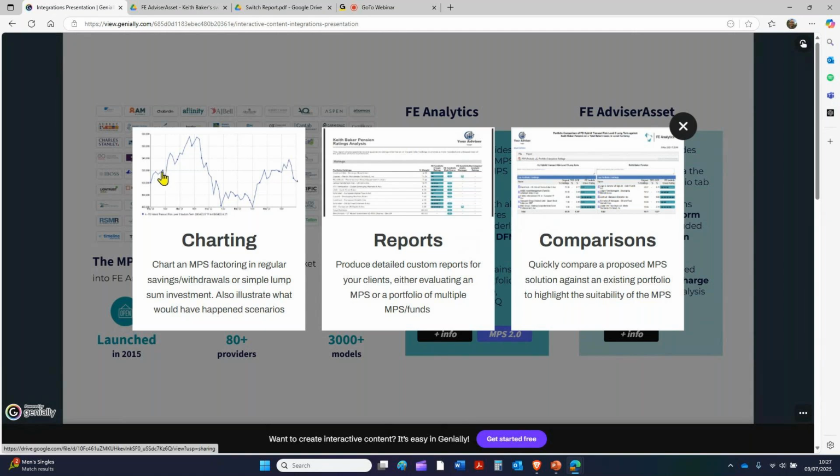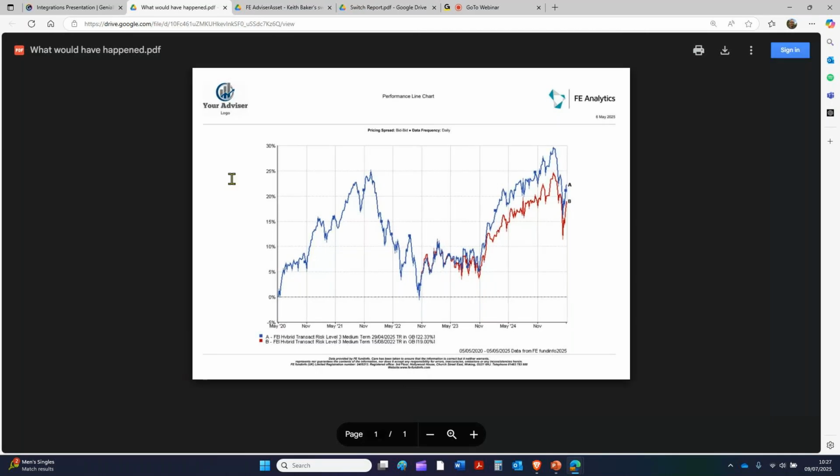And you'll notice these charts have these little dots on them, because our return series to create that chart understands that that portfolio is being changed. So we can show you all of the times that portfolio was changed historically as an MPS. But more importantly than that, you can interrogate that data even more. And so actually, when that MPS tanked in 2022, 2023, and hit the bottom here, I can see